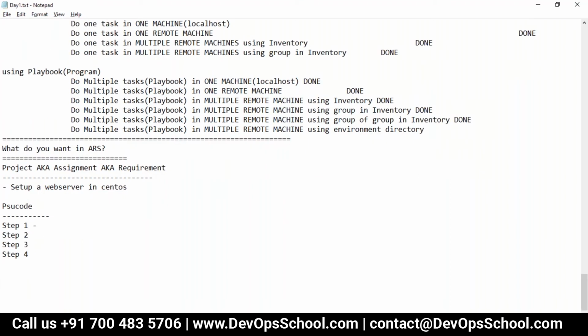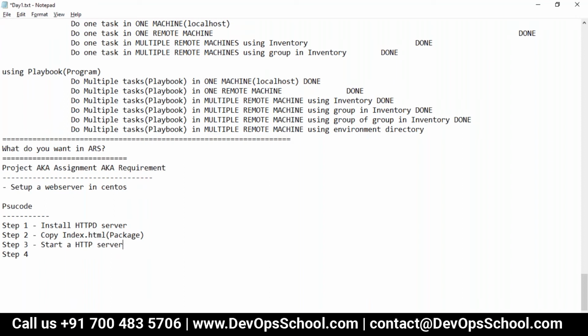So step 1, what I'll do: install the HTTP server. You know that on CentOS, httpd is the package name for Apache. Install the HTTP server. Second thing, copy index.html. Now index.html is your package. You want to install it. This package can be one file or 1,000 files in a tarball, war file, or whatever it is. I don't care. Tarball most of the time, zip file most of the time. Then start the HTTP server.